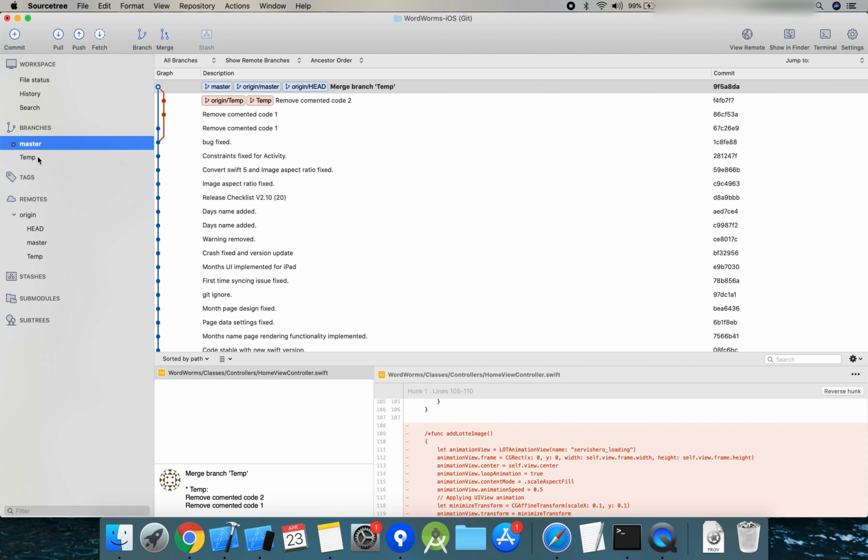So it means all changes from the temp branch came into the master branch, but not all changes from the master branch came into the temp branch. So both branches are not the same. Basically master contains all the changes from temp branch, but it's not necessary that temp also contains all the changes from master branch. This is the big difference. In the beginning, people make the mistake of thinking that both branches are the same.